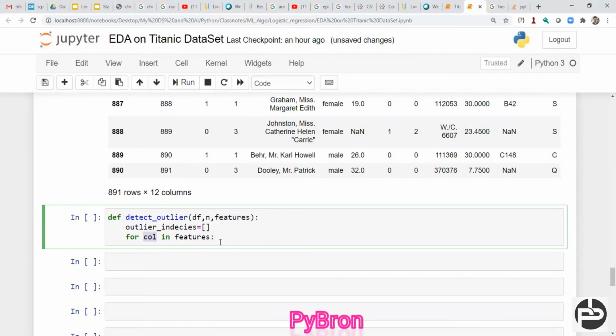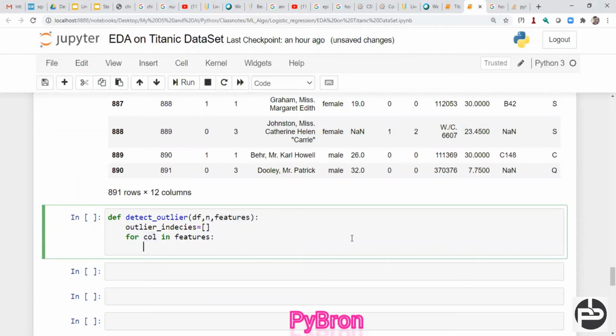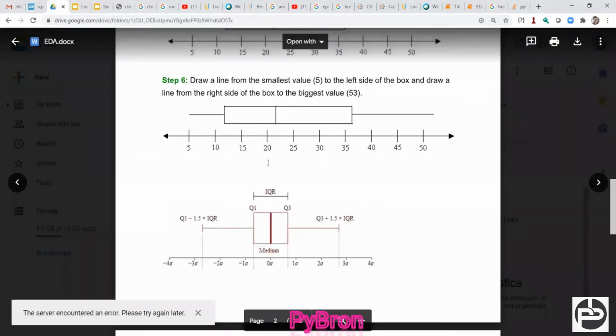First, let's suppose age will come. So how are we going to identify the outlier, right? If you remember the whisker and box plot things, then you would understand how we are going to identify the outlier. Manually we did it in the last session. If you don't remember that, then I can show it.